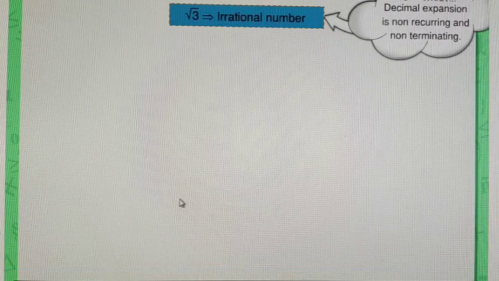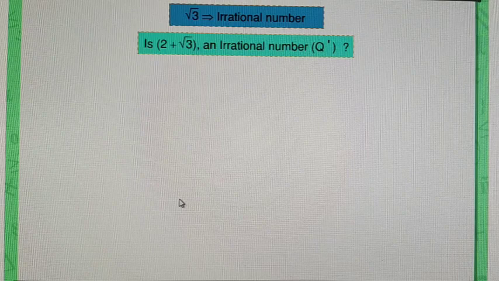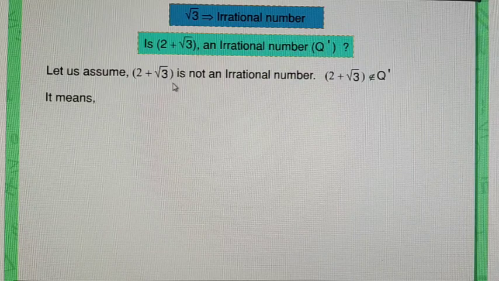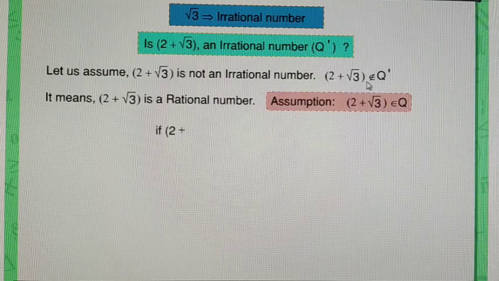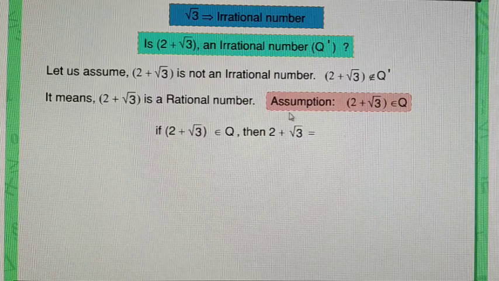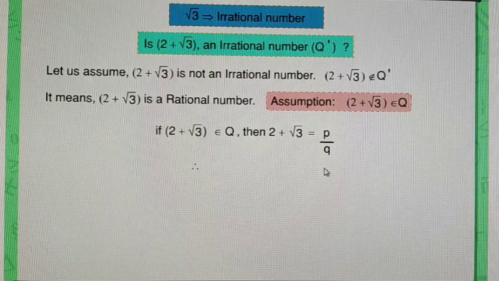We have already studied that root 3 is an irrational number. Now let's see that 2 plus root 3 is an irrational number. Let us assume 2 plus root 3 is not an irrational number. It does not belong to irrational numbers. It means 2 plus root 3 is a rational number. If 2 plus root 3 belongs to rational numbers, then 2 plus root 3 is equal to p upon q. Therefore,